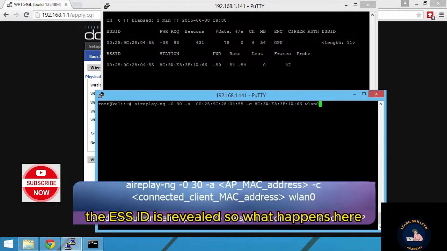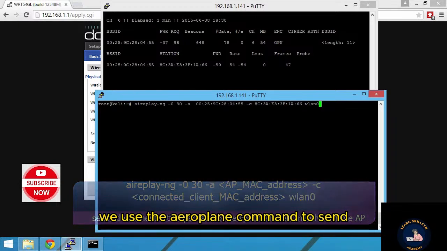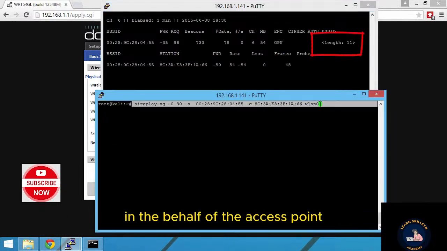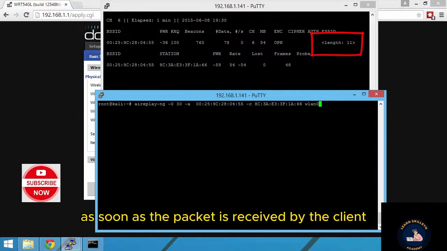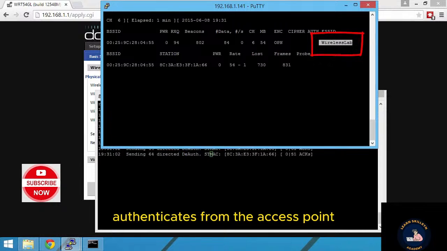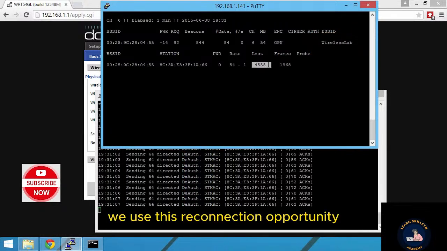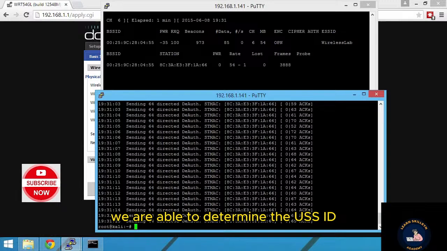So what happens here? We use the aireplay command to send the deauthentication packets to the connected client on behalf of the access point. As soon as the packet is received by the client, it deauthenticates from the access point and tries to reconnect back immediately. We use this reconnection as the information is not encrypted in any way. So, in order to discover the SSID of a hidden access point, we